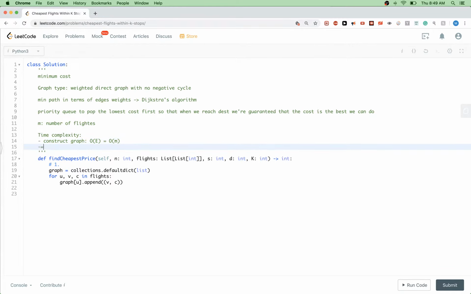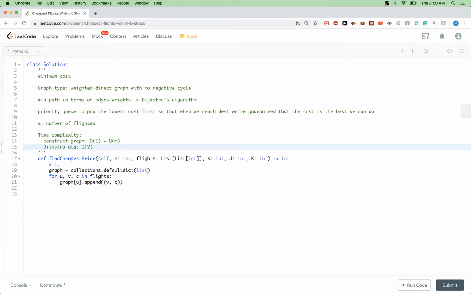And then the Dijkstra's algorithm itself: the size of our priority queue would be at most V, at most V nodes. We will put at most the number of nodes in that queue. We don't put nodes that we put before, and so we know that it's O of V